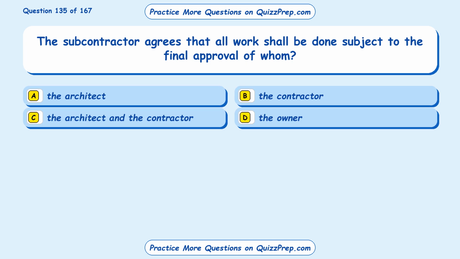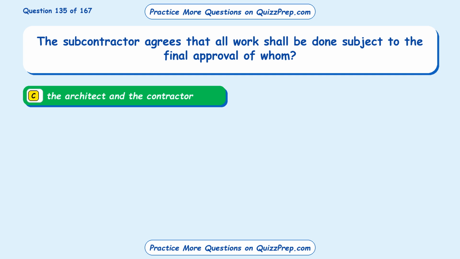Question 135. The subcontractor agrees that all work shall be done subject to the final approval of whom? Option A, the architect. Option B, the contractor. Option C, the architect and the contractor. Option D, the owner. The correct answer is option C, the architect and the contractor. AIA